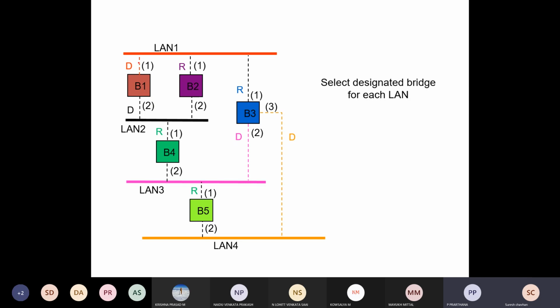So from the LAN, the least cost to the root bridge is this one, right? This is the only one we can get. And from this LAN 2 to the root bridge, this LAN 2 has two routes. One is this way and one is this way. And the least cost is this one, right? And we have another one,